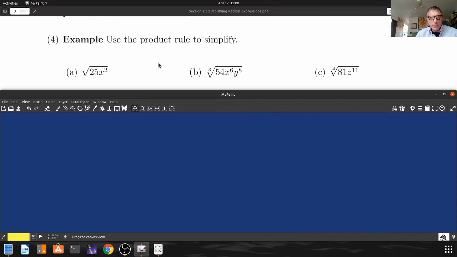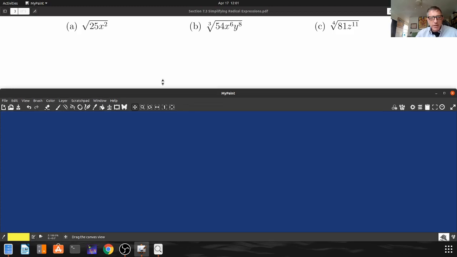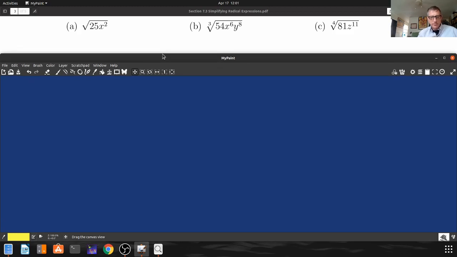So we're going to use the product rule to simplify. And we're going to use the product rule where we're being given what's on the right of the product rule, and we're going to go to the left. That's our simplification. So this is example